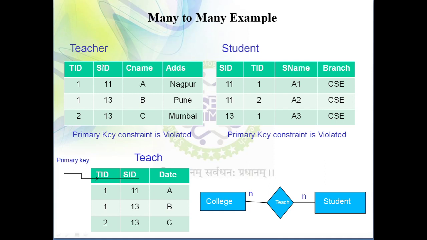One table is a teacher table and the second table is a student table. Again the purpose is the same. I need to establish a relationship between the two tables, the teacher table and the student table. Now here we need to see what kind of relationship exists between teacher and student. Suppose I say that between teacher and student, a one to many kind of relationship will be there.